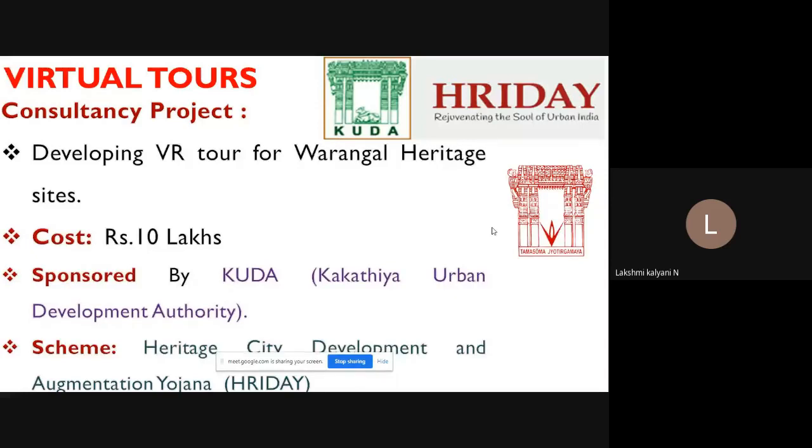Today, I am here to present a virtual tour of different heritage sites as a part of the consultancy project titled Developing VR Tour for Warangal Heritage Sites. We have developed virtual tours for 10 heritage sites of Warangal. The cost of the project is 10 lakhs and is sponsored by Kakatiya Urban Development Authority under Heritage City Development